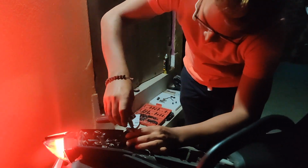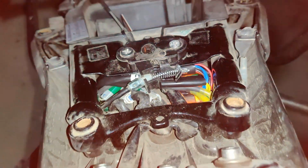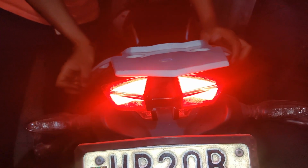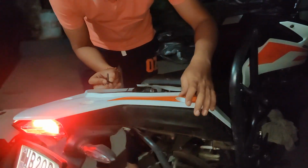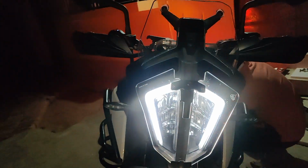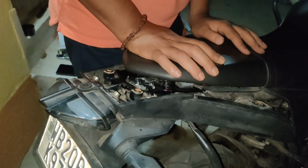So all the hard work has been done by this guy. Okay. Installed. So this is the best pattern which I have come across because it engages the tail lamps also. It's looking very nice. Now the look of the bike is enhanced. If the lock is performing all right,